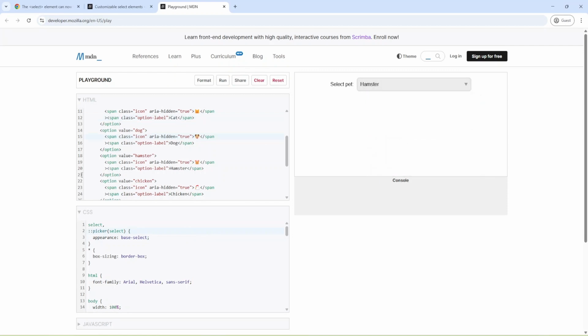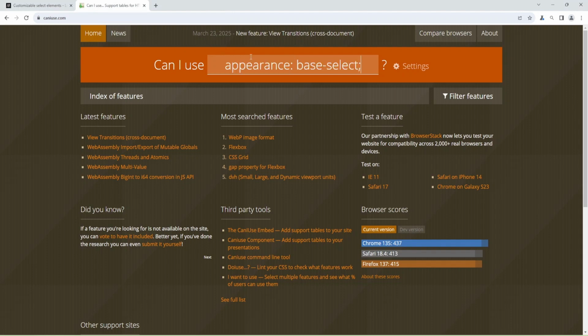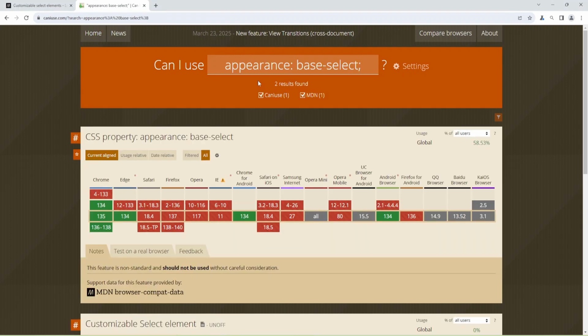Please note this appearance: base-select works only in the newest browsers, so let's check an older browser. I opened Chromium and checked on Can I Use where appearance: base-select is supported. As you can see, we have the latest versions of Chrome and Edge, but we don't have it in Safari, Firefox, and Opera.